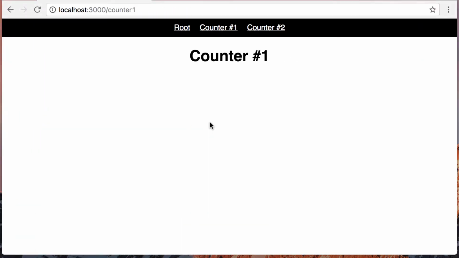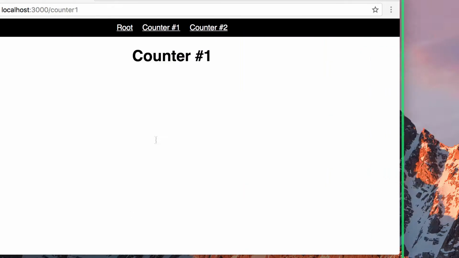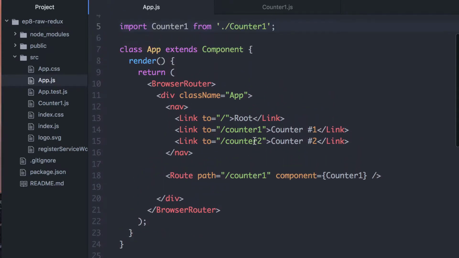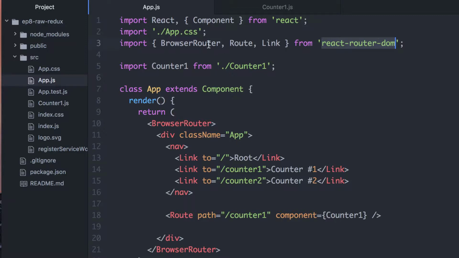Now there's the terminal. Here's the app. Right now it has just this counter number 1. This is a component. I'm using React Router, and that's how I'm doing my switching here. And so the React Router bits, it looks something like this right here. I've installed React Router DOM. I brought in browser router,